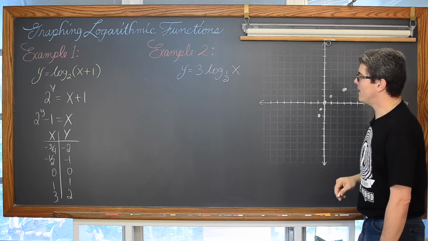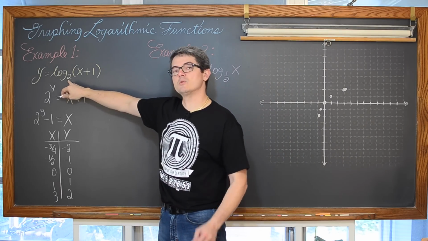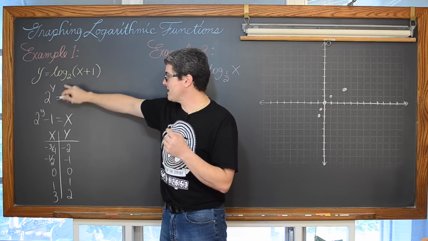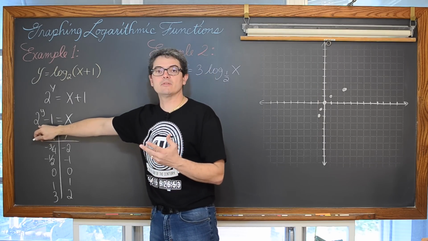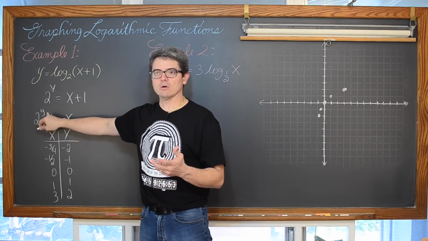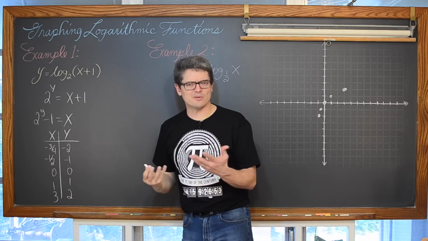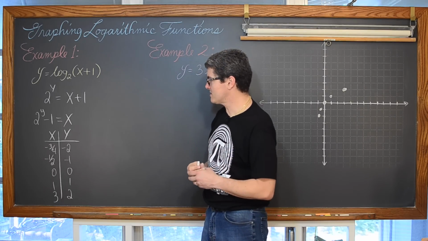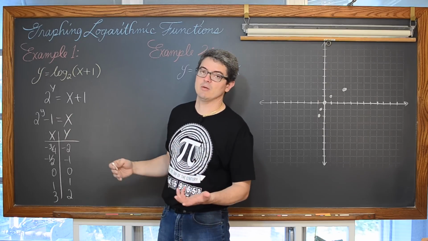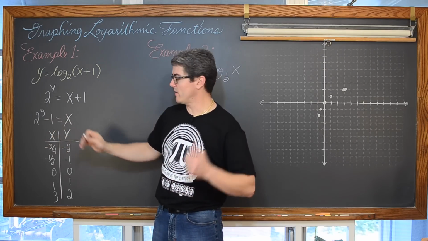Now, by definition, logarithms must have a base which is positive. If they had a base which was negative, it's nice to talk about it now that we have it in exponential form. A negative number raised to a power, again, we're talking about functions, right? Some kind of graph that would even look like a graph and pass a vertical line test. If you have a base which is negative and you raise it to an even power, the answer is going to be positive.